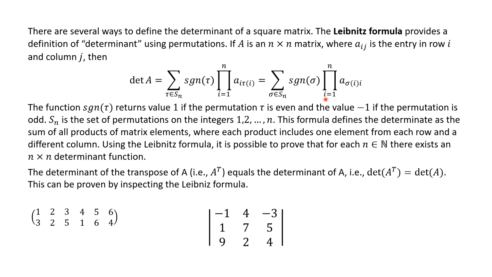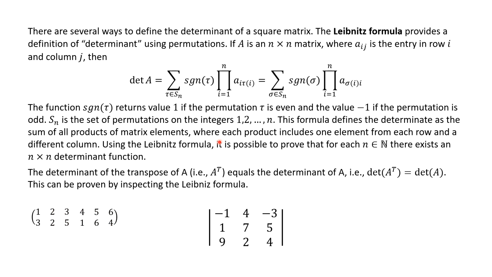Okay, so that's quite a mouthful and it's a bit intimidating. The first thing to notice is this is the same as this. So there's just one formula here, but there's two different variants of it. And what it's saying is, first let's look at the permutations. This i, tau of i, what is this? Well, let's just say we had a 6x6 matrix, then the i is across the top here. i is 1, 2, 3, 4, 5, up to 6. And then tau of i is what each of these numbers get mapped to. So 1 gets mapped to 3, 2 gets mapped to itself, 3 to 5, 4 to 1, 5 to 6,